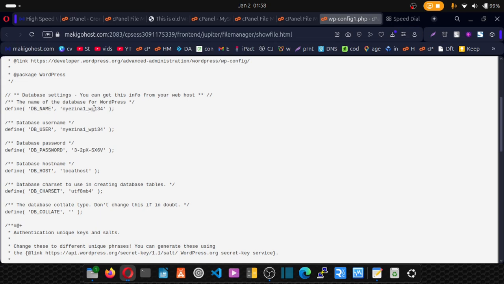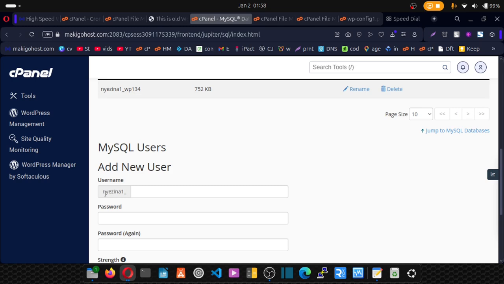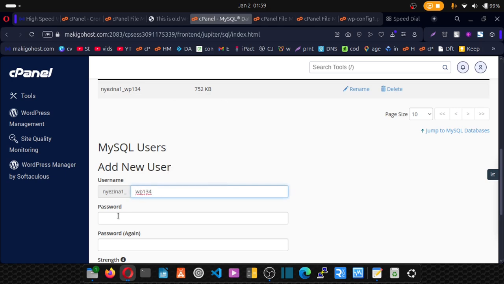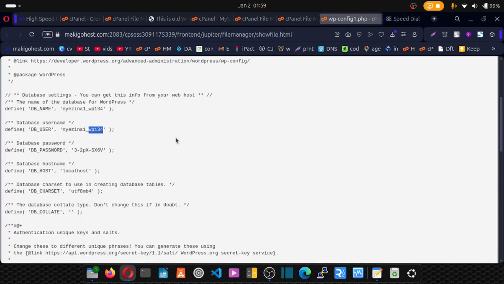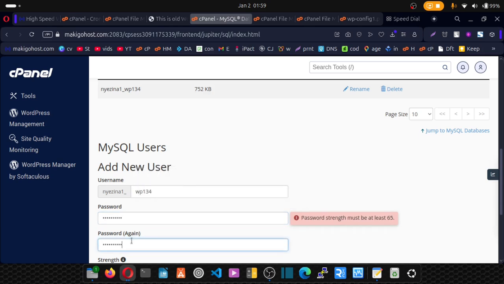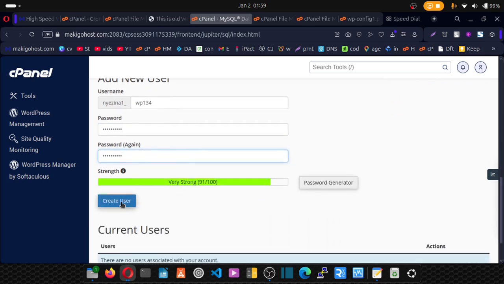Now this is the database name, and that's what we imported. Now it's left with our database user, so I'll just copy from here to here, copy, go back to database, and the user, we already have the beginning part, it's left with the ending, so I'll put that there, and password, go back to that file we opened and copy from here to here, copy, and we're going to paste that here and here. Click on create,